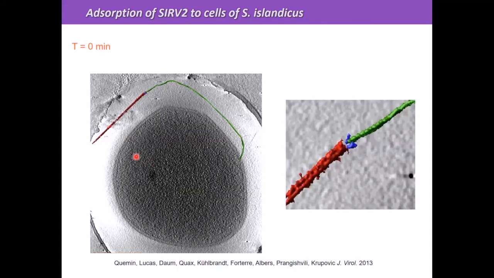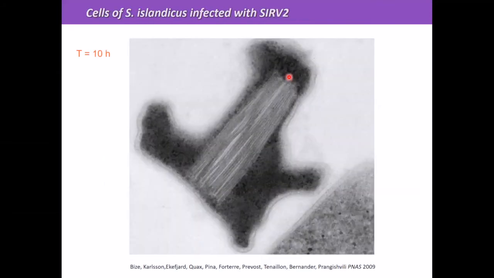So the virus binds to the pilus, and then it somehow runs along the pilus to the cell surface. And this happens in 1 minute. The pili can be up to 12 microns long. The virus is around 1 micron, so the pilus is 12 times longer, and the virus binds to the tip and then runs along. This happens within 1 minute after virus addition to the cells, so an extremely fast process. But the virus takes around 10 hours to do things inside the cell,